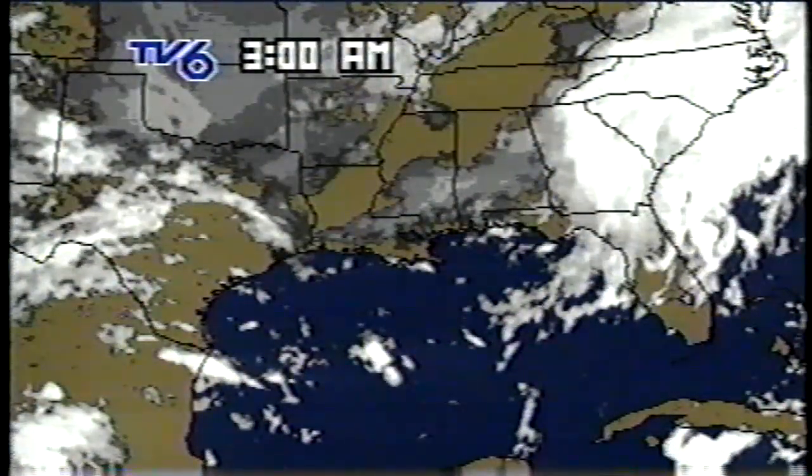I want to tell you about the weather because I know a lot of people are interested in that. It does look as though the weather's going to be improving. Let's take a look at our satellite picture from early this morning. And on the satellite, you'll notice that there is some cloudiness still just across southeast Louisiana and along the Mississippi Gulf Coast. Not quite as much as we have been having. There was a shower a little bit earlier over at the airport, but as we take a look at the